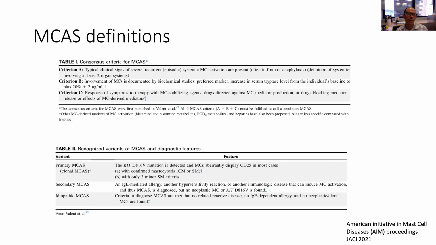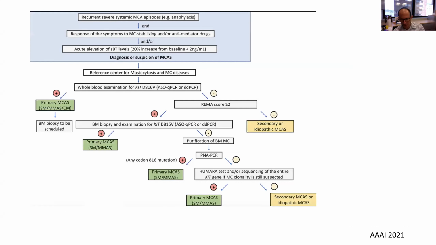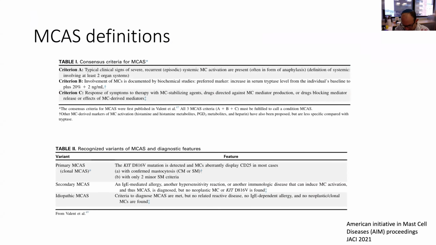But to be clear, criteria A and C are often met, and I apologize that the clock on my thing just keeps advancing, so I'll have to go back every now and then. But criteria A and C are met very often. They'll walk in and say, I had these terrible episodes, and when I take antihistamines, I do better. If I go off my antihistamine, the episodes are going to get worse. But rarely will you actually have a documented elevation in that tryptase